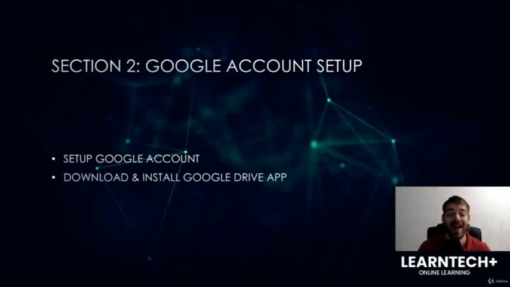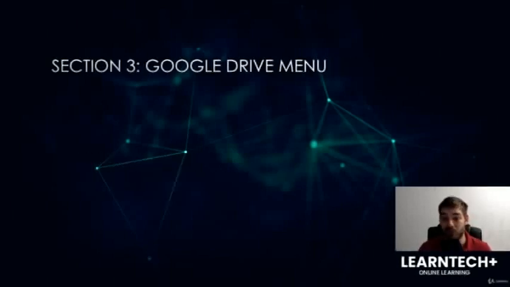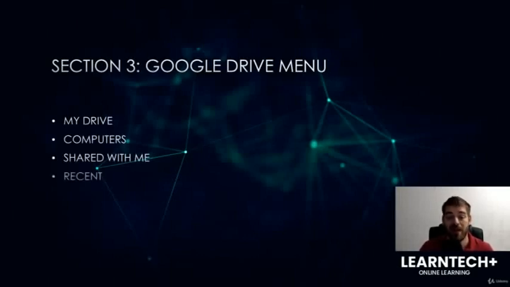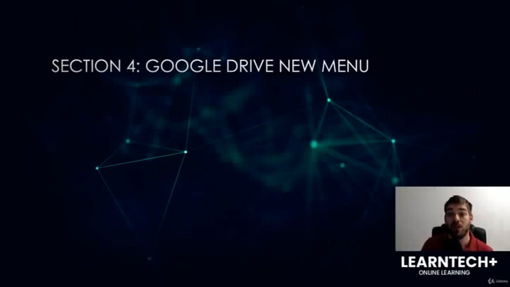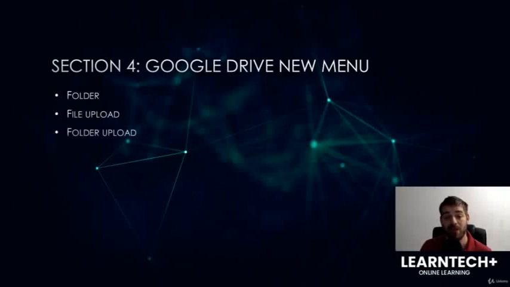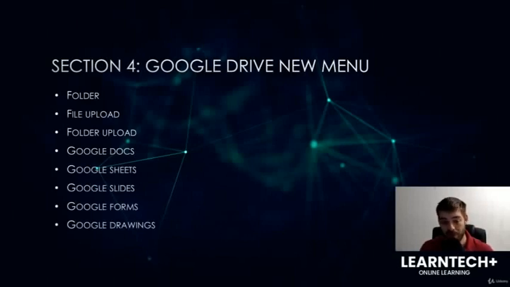In section 3, we covered the Google Drive menu. So we talked about My Drive, computers, shared with me, recent, starred, trash, backups, and storage. In section 4, we covered the Google Drive new menu. We talked about folder, file upload, folder upload. We talked about how to use Google Docs, Google Sheets, Google Slides, Google Forms, Google Drawings, Google My Maps, Google Sites. We also talked about how to use Google Jamboard and how to integrate more apps and connect them with